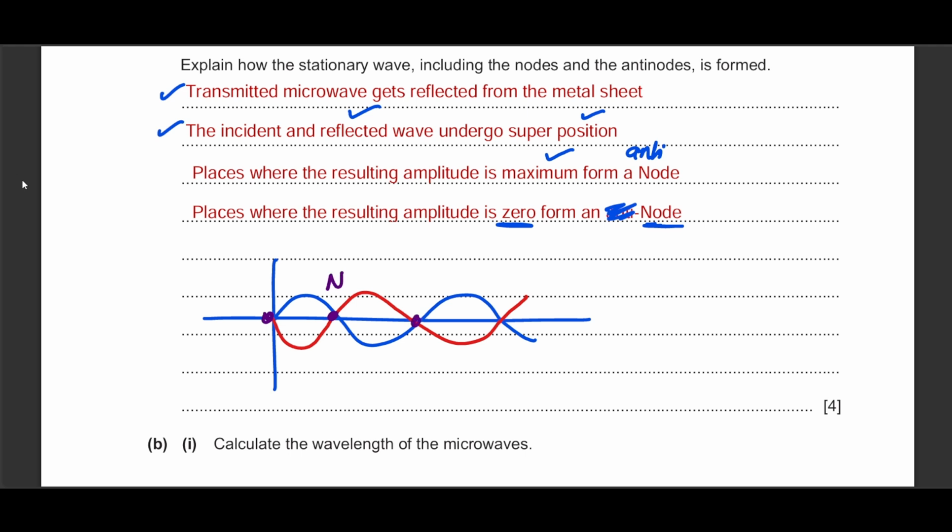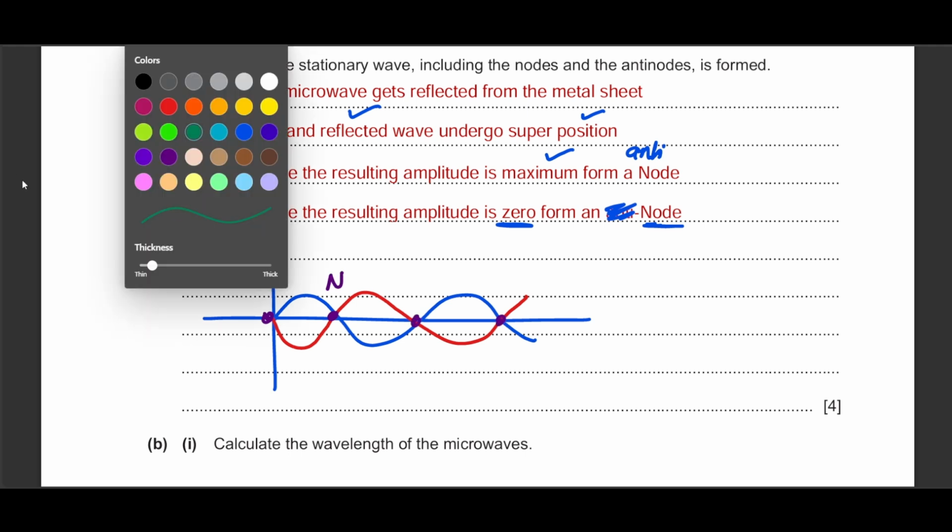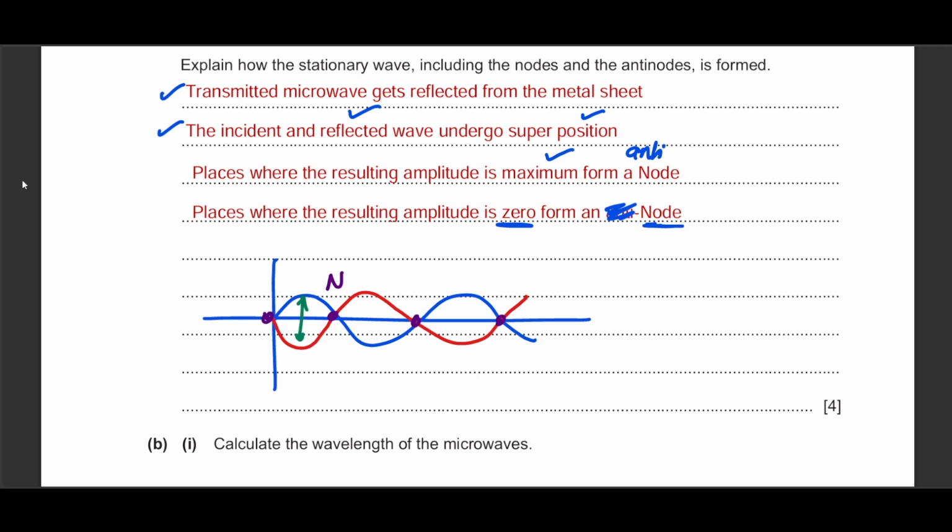These are all nodes. And the points that are moving, for example these, vibrating from their mean positions, are called the antinodes. Antinodes are formed when the reflected wave and the original wave, wherever they meet, produce constructive interference. So again, that's a different debate, but this is how you write down the answer for this one,